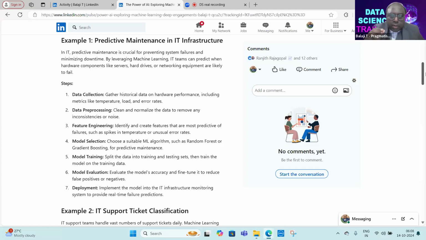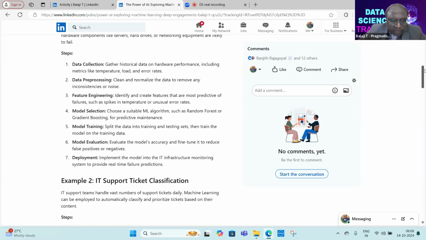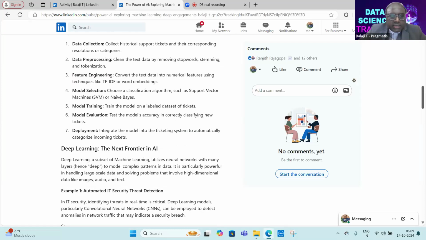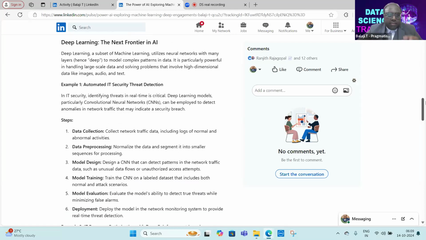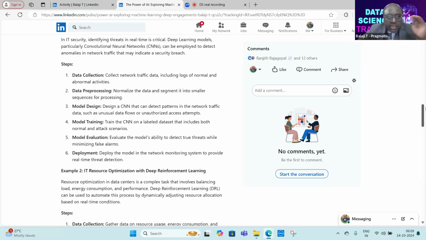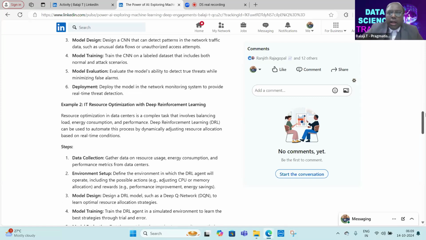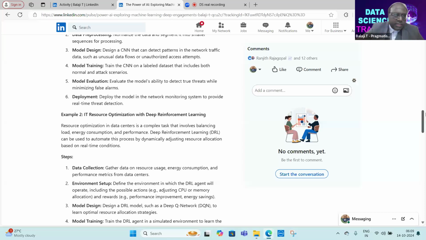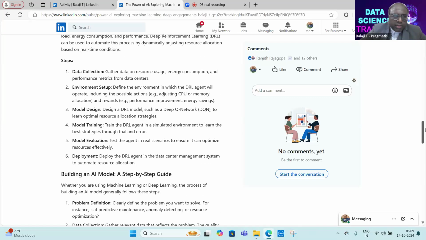And then you may need to choose a suitable machine learning algorithm to create a model, and then you need to train the model, you need to evaluate the model, of course you need to deploy the model. Only then it will start yielding business value to the end users. But irrespective of the use case, be it predictive maintenance for IT infrastructure or IT support ticket classification, the concepts remain the same by and large. The same sequence of activities will be repeated, of course with an appropriate feedback loop. It's not like a waterfall kind of mentality. That's what I am trying to tell.